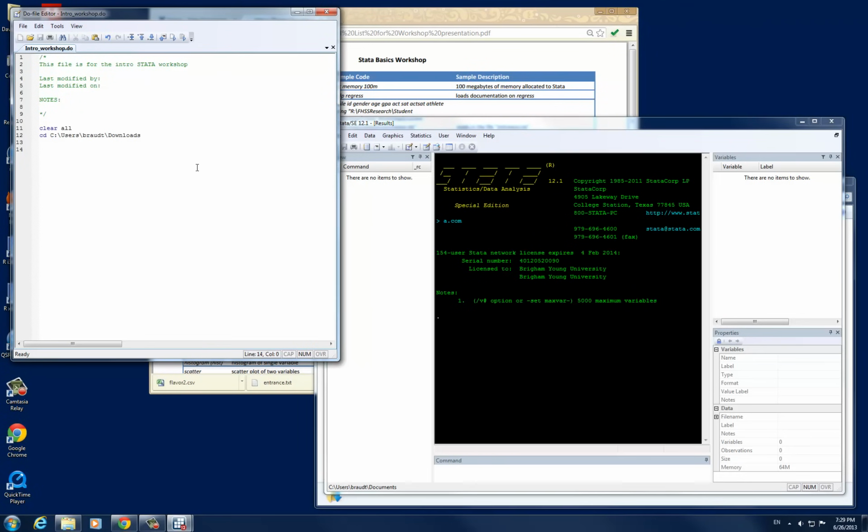Now let's go ahead and talk about some of these comment options. There are three basic ways to produce comments in Stata, and I hope that you'll use them today as we're going through the workshop. The first is by using an asterisk and then typing in any other line here in this line, the line that follows it. Another option is using a double forward slash, and this one is a little bit different